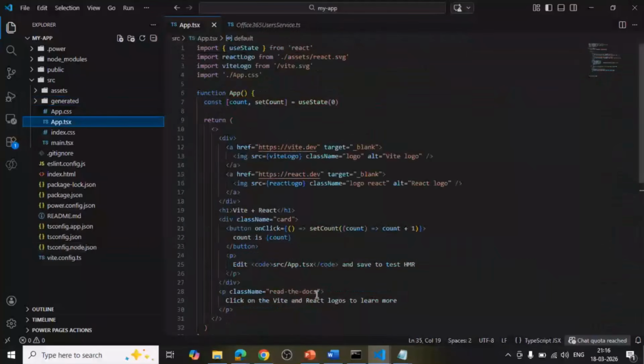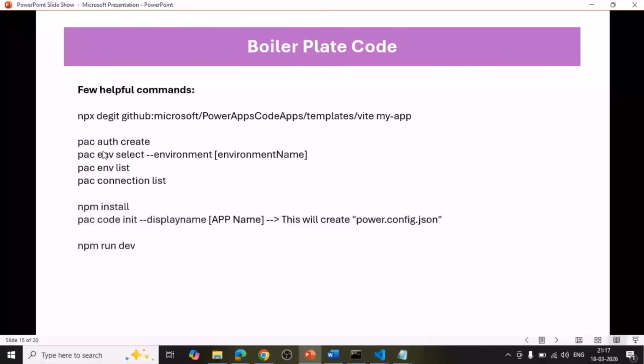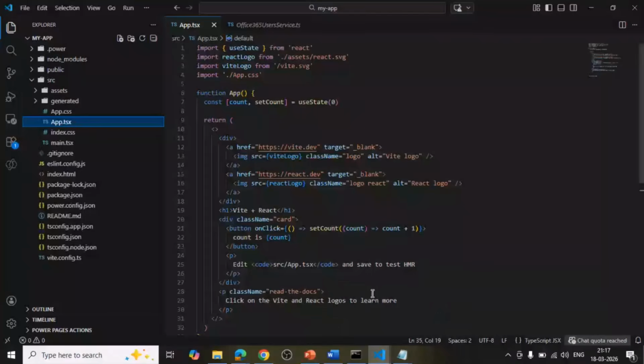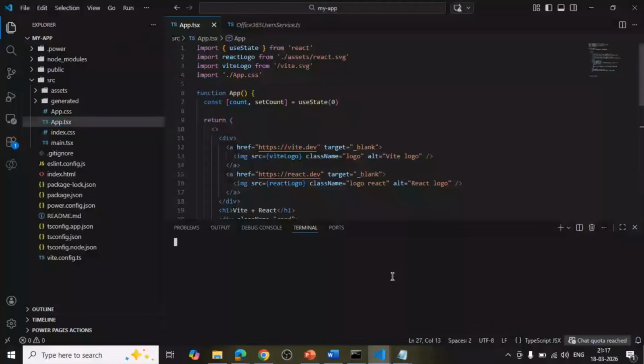Okay, then I just want to show you some commands related to PAC, as I said, the authentication. So before you start, of course, you have to run these commands, which means you have to authenticate yourself. For example, due to the time limit, I will just show you one. So once you click on this pac auth create,